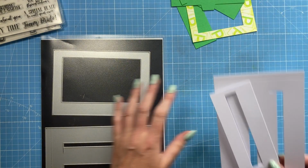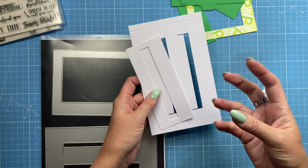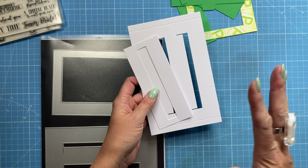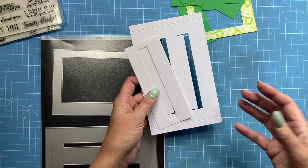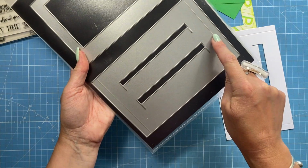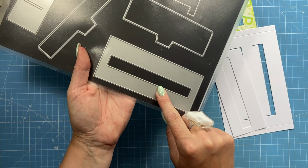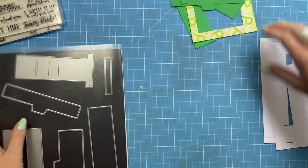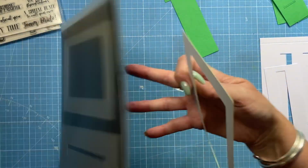So this is a 300 GSM smooth cardstock. I'd recommend a smooth cardstock. You don't want anything that's got a grain to it, like the linen texture, hammered cardstock, things like that. It just might stop the mechanism moving as smoothly as it should do. So I've die cut the main big one here, and this will have your score lines on the side and then your slots, and that will work with this piece here. Okay, so I've die cut those two,